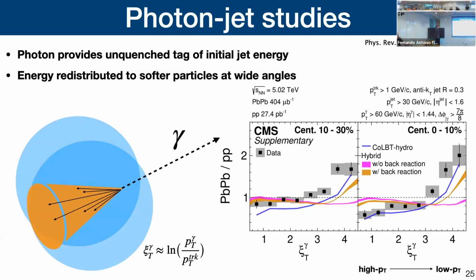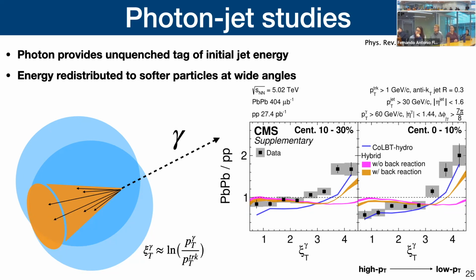You can also use these electroweak bosons in another way. Here we can study the balancing between the photon going this way and the jet going this way. And you can use this to learn about the energy loss of your particles inside the jet. For example, what we did here was we measured an observable known as the fragmentation function. If you just focus on the right-hand side plot, this is a ratio of lead-lead to proton-proton collisions. High momentum particles are shown on the left-hand side, and low momentum particles are shown on the right-hand side.